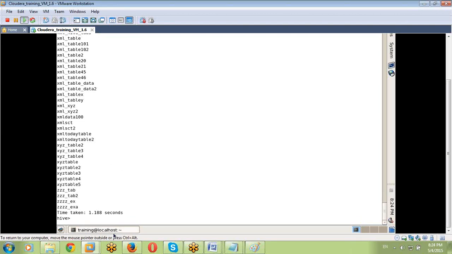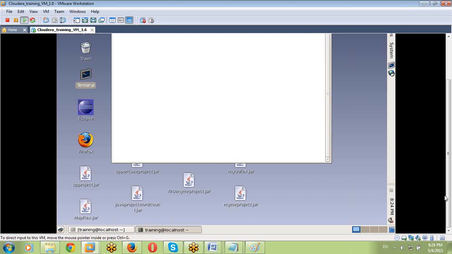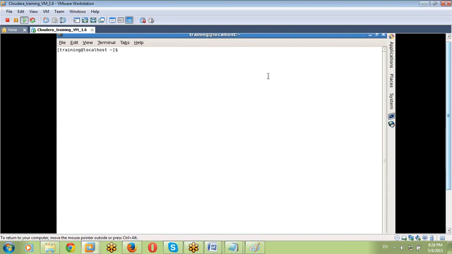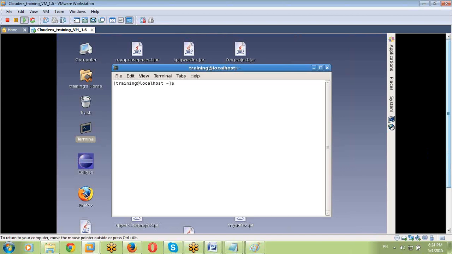But I want to see these tables in the back end. How can I? Can anyone please say? We can go to the browser and check, that is one approach. Browser means Mozilla, go to that UI and check it. That is the web interface. And I am thinking I want to check it through the command prompt. How can I check it through the command prompt?